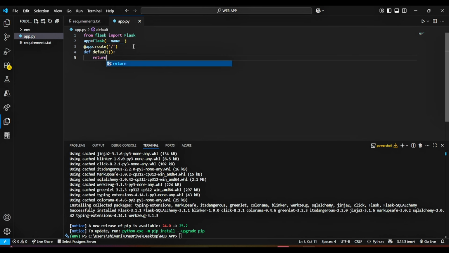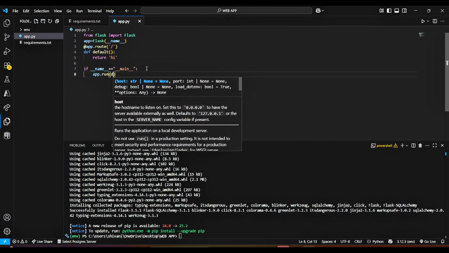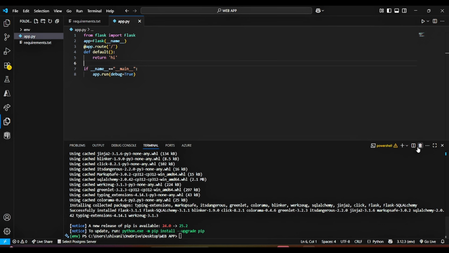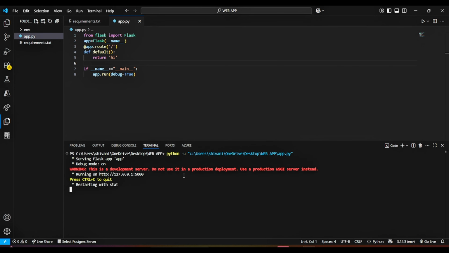Then I'm defining a function so that I can return something. So this is a basic Flask app which everybody should know. And then I'm running the app. So here you are. As you can see, hi is showing, and this app is open on our localhost.